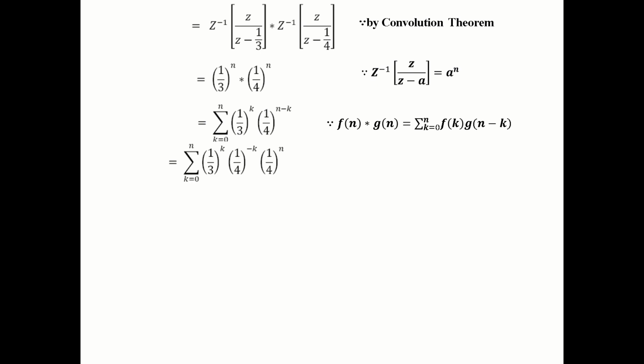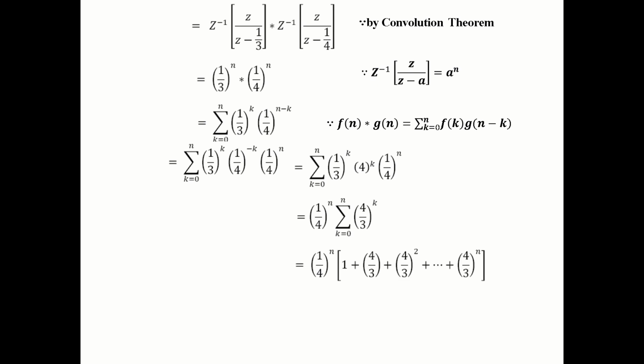So this is equal to summation k is equal to 0 to n, 1 by 3 power k, 1 by 4 power minus k, 1 by 4 power n, because 1 by 4 power n minus k we are splitting the powers, right? Now which is equal to summation k is equal to 0 to n, 1 by 3 power k. So 1 by 4 power minus k can be written as 4 power k into 1 by 4 power n, that is equal to 1 by 4 power n summation k is equal to 0 to n, 4 by 3, grouping 1 by 3 and 4 because both powers are k,